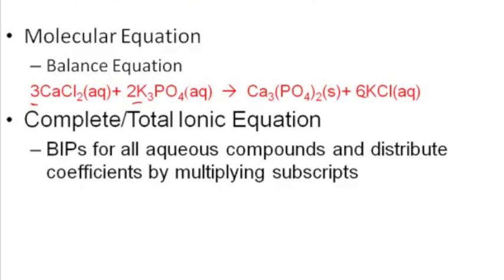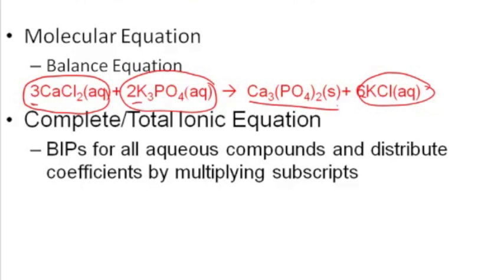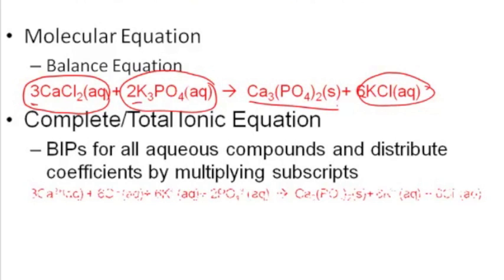Taking the total ionic equation or complete ionic equation, again we have to do BIPs for all the aqueous compounds. So I have to do BIPs for this, I have to do BIPs for this, I have to do BIPs for this. And I leave this one because it's a solid. Okay, and I cannot forget about multiplying the coefficients by distributing out how many ions of each are in the compound. So when I do that,